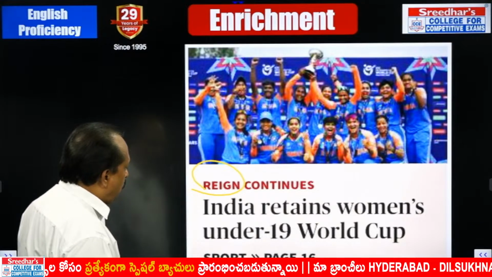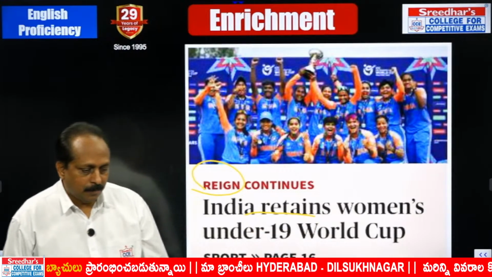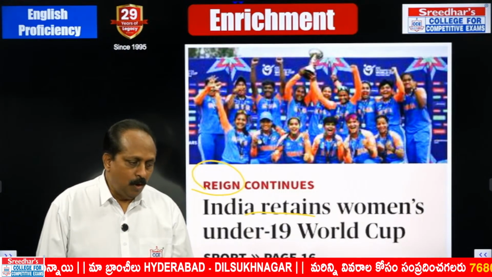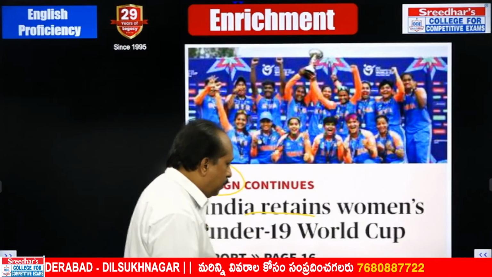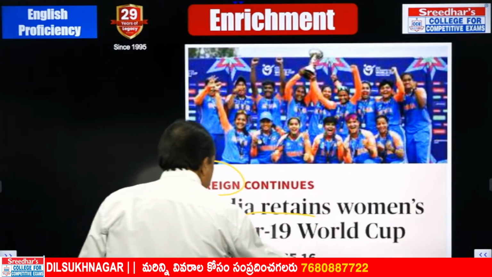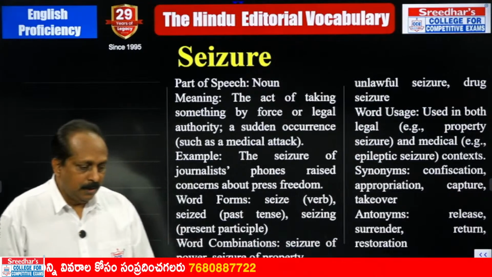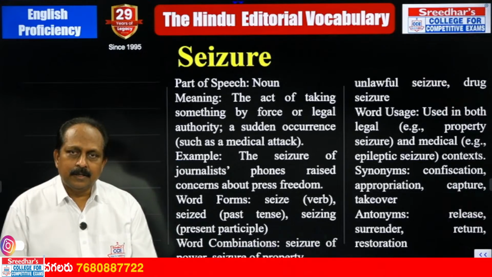India retains a women's under-19 World Cup. Retain, to hold on to something. India retains what? Women's under-19 World Cup. That is an accomplishment, beyond any doubt, highly laudable. Let us go to today's editorial vocabulary. The very first one, an important word, not that important for regular students, it's a familiar word,